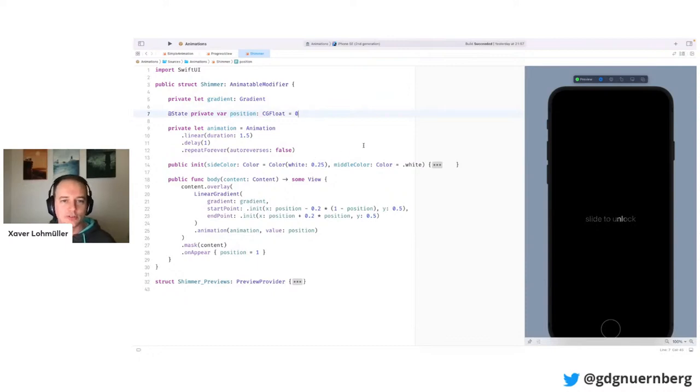So I'm thinking of this in terms of progress, so from 0 to 100%. And this one starts the animation, and the repeatForever modifier basically keeps it going forever.